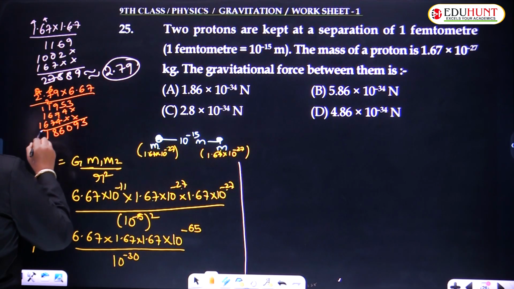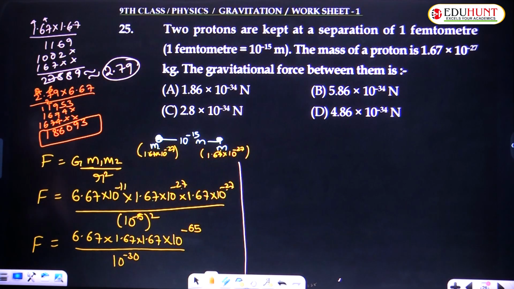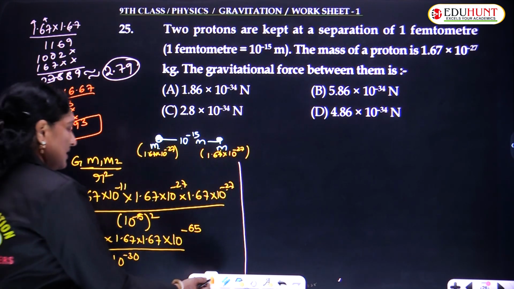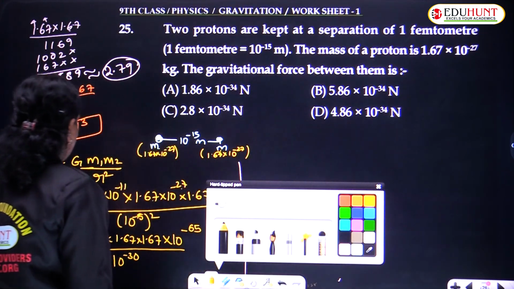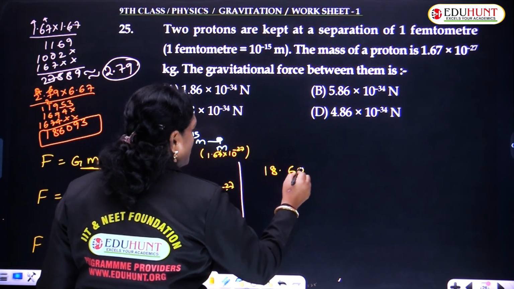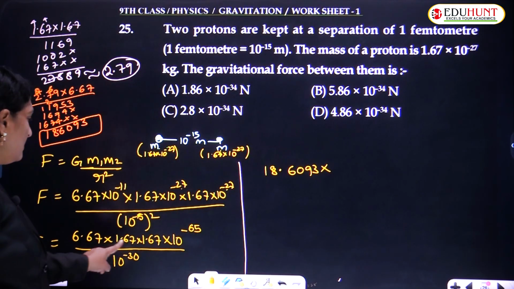So finally, you will be getting the value as 18.6093. So 6.67 multiplied by 1.67 multiplied by 1.67, all together, you are getting 18.6093 multiplied by